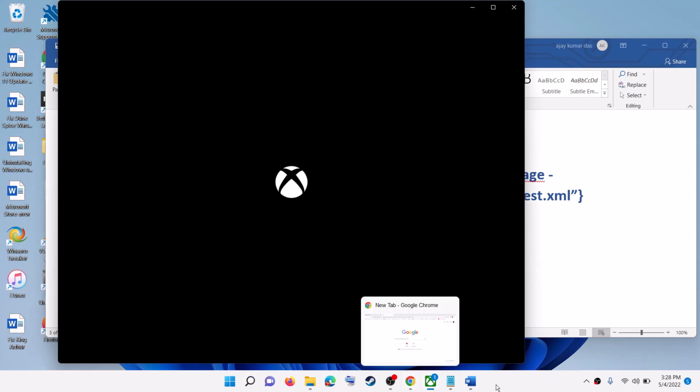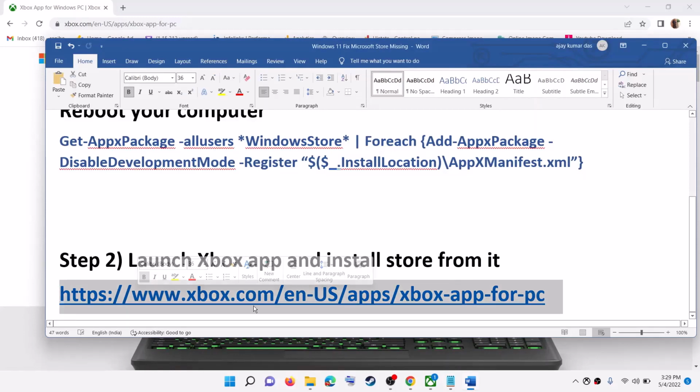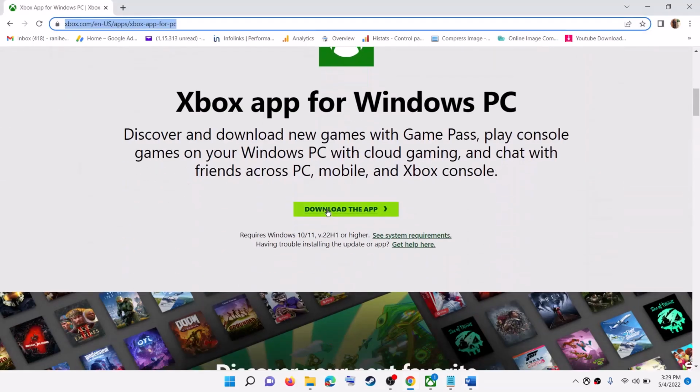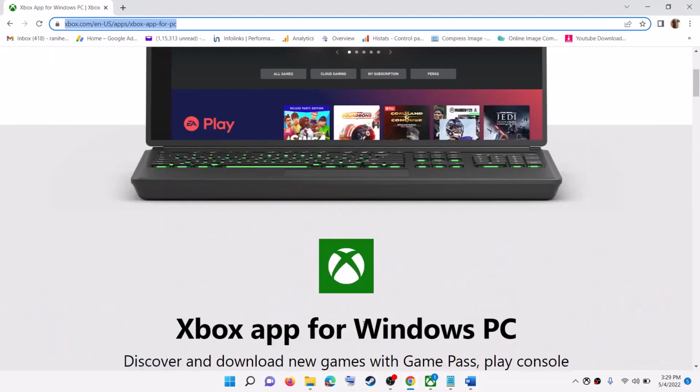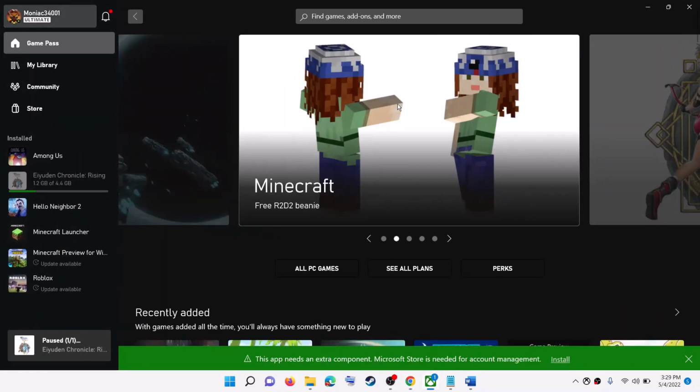Now if Xbox app is not pre-installed, then go to this website. This link is provided in the video description. Open this link, scroll down, click on download the app, install Xbox app, and then open Xbox app on your computer. And once you open Xbox app, if Microsoft Store is missing, on the bottom or on the top, it